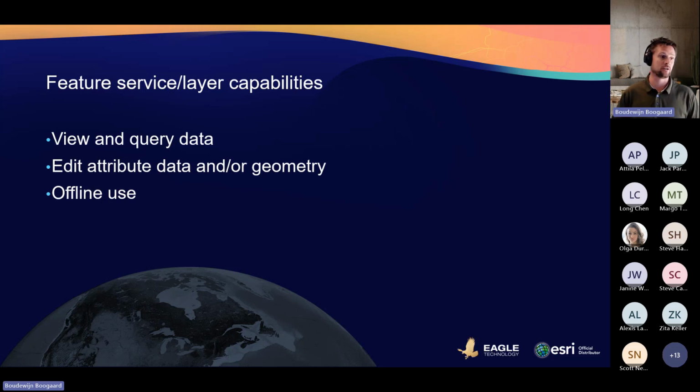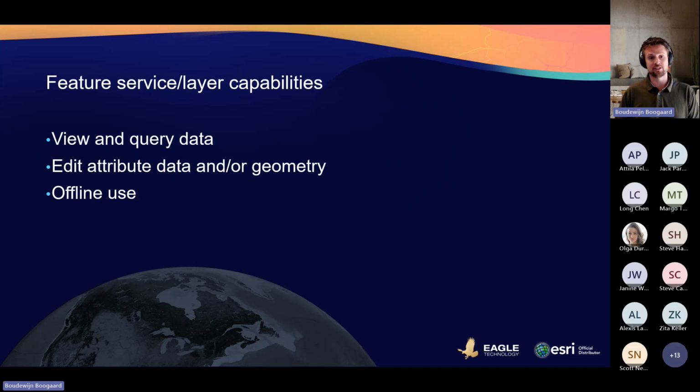But then there's also capabilities that you can enable that allow you to edit the data. And that can be just the attribute data. So you're doing inspections and you need to update certain fields in your data, or the geometry, as in you're collecting a new feature, or you're changing the geometry, something has changed location.